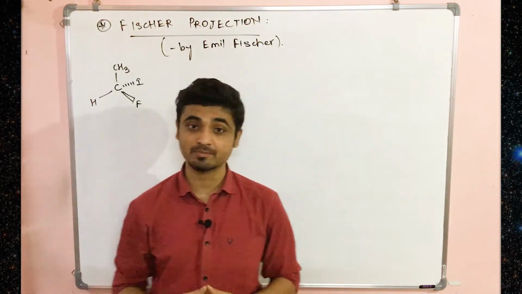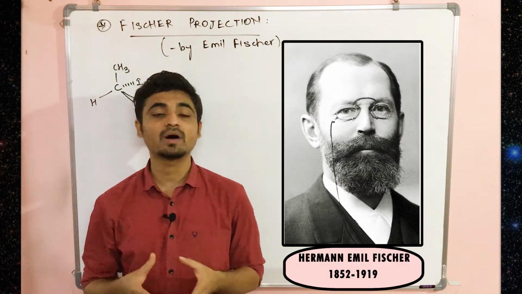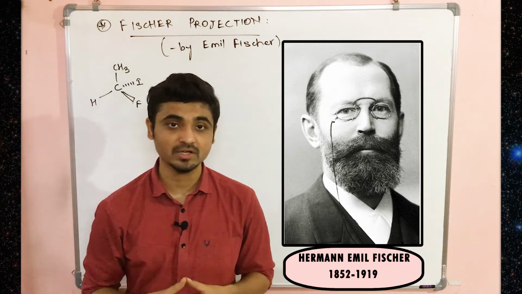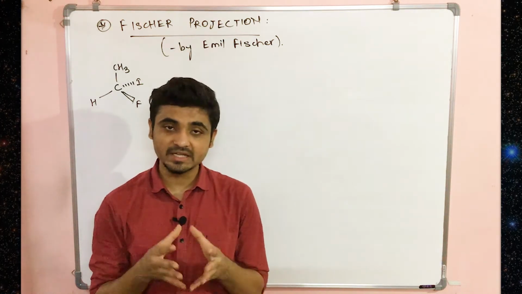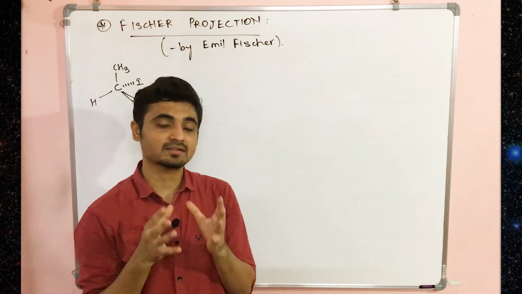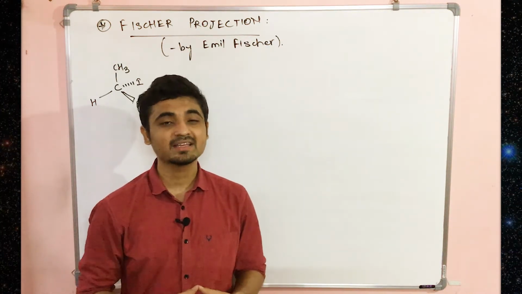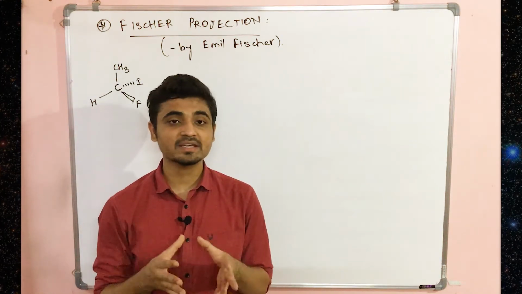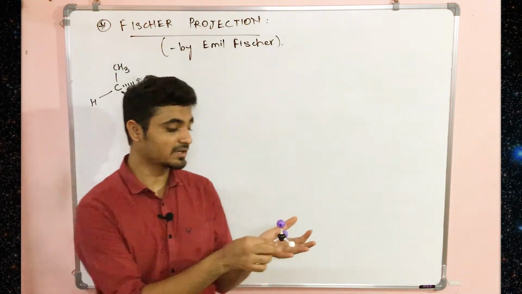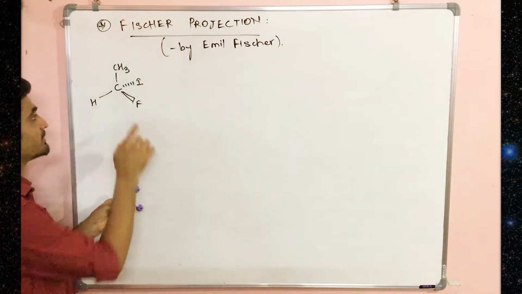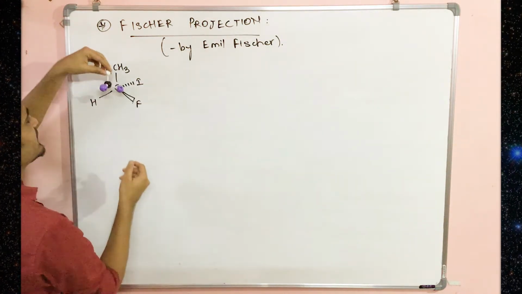Alright, so let's learn about Fischer projection. This projection was invented by a German chemist, Emil Fischer, while he was working on carbohydrates and sugars. He was also awarded the Nobel Prize for his work in that field. While working in that field, he realized that working with big three-dimensional molecules on a two-dimensional plane or paper is actually complicated. So to make his work simple, he invented this projection. What he actually did is, he took a three-dimensional compound. Right now I am taking only one carbon. It is represented in wedge and dash, and let's imagine it to be like this.